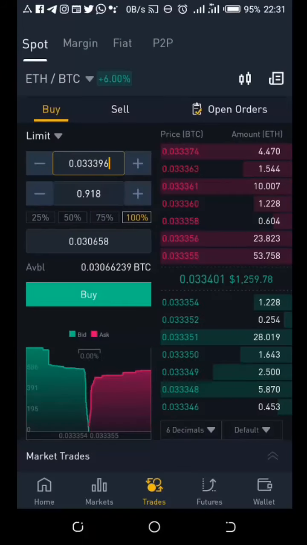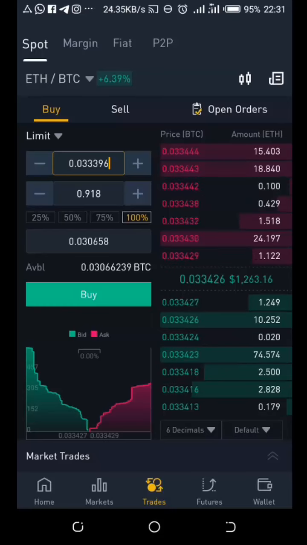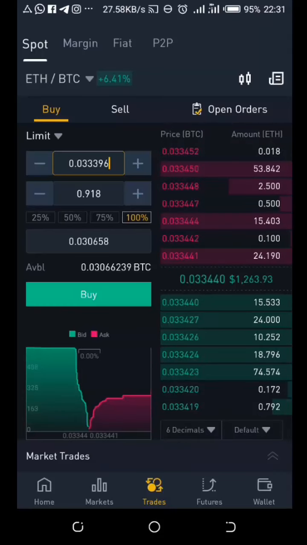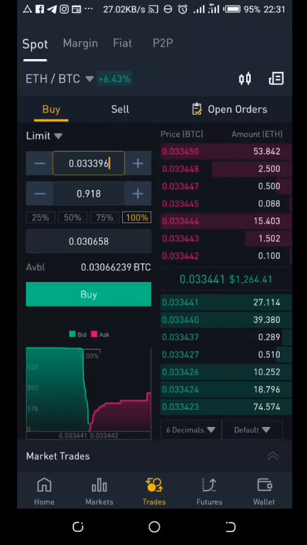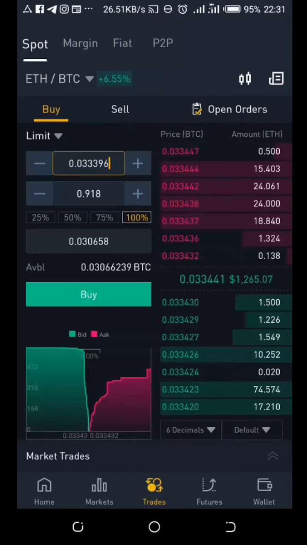So here we are on the buy. Now the current price of ETH, the market price, is 0.02243. It keeps changing. Do you see that it keeps changing? But that's actually the market price. So for us to be able to buy lower than this,